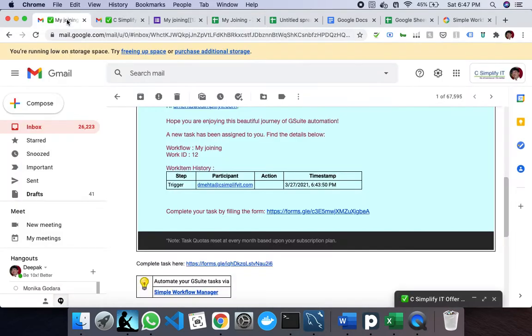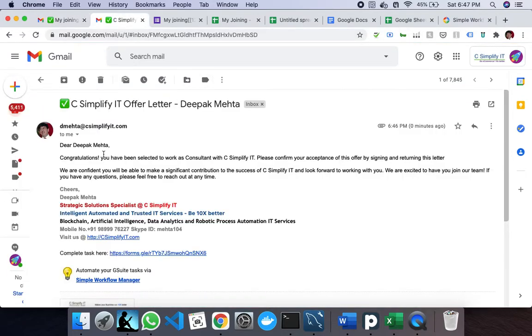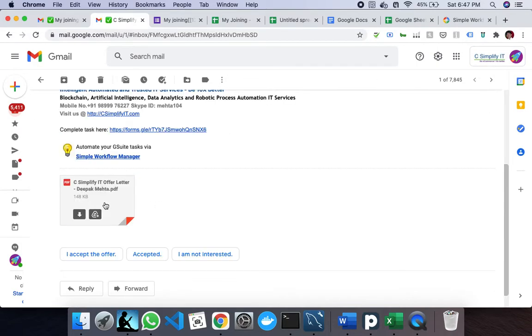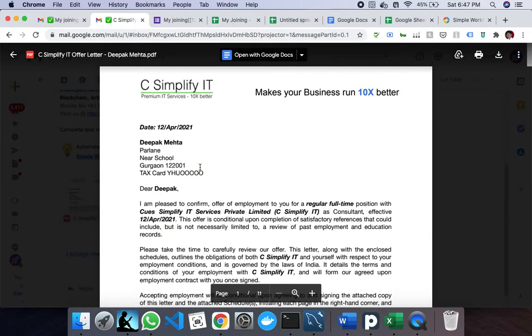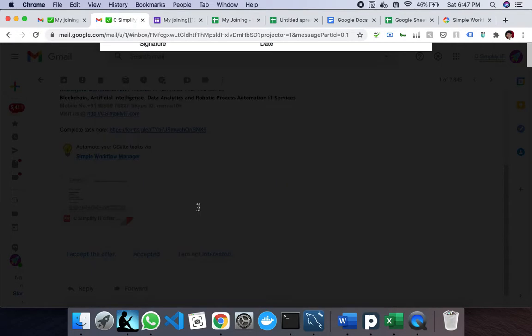So as a manager, now I look at it, okay, here is DM, and here I can see a letter is generated for me. Deepak Mehta, Park Lane, near school, Gurgaon, tax card, and so on. My joining date 12th April.